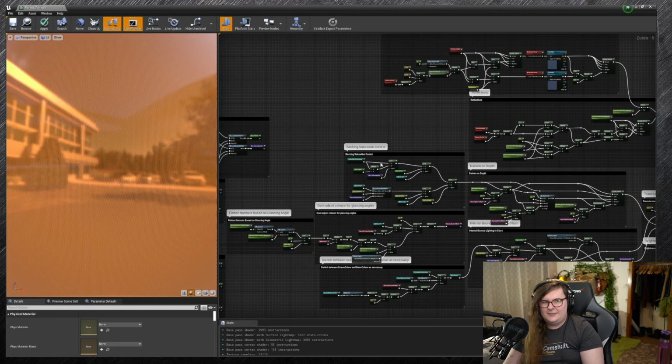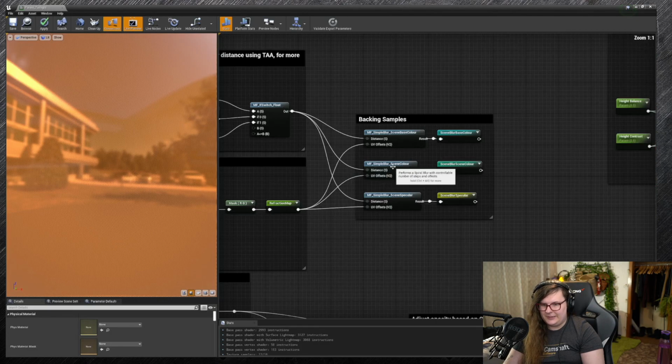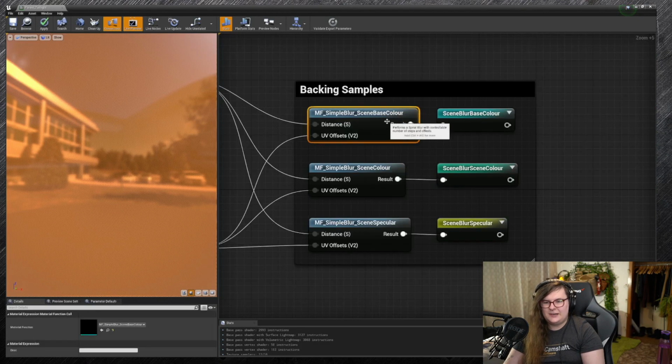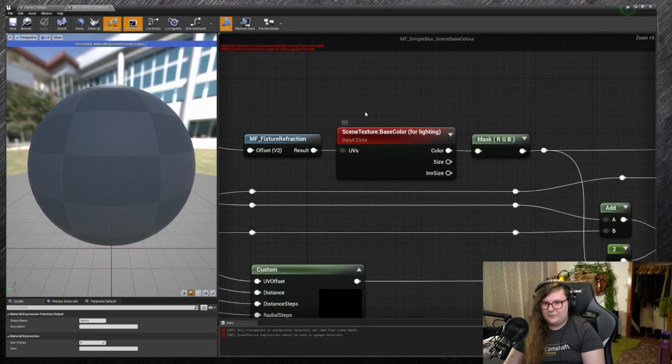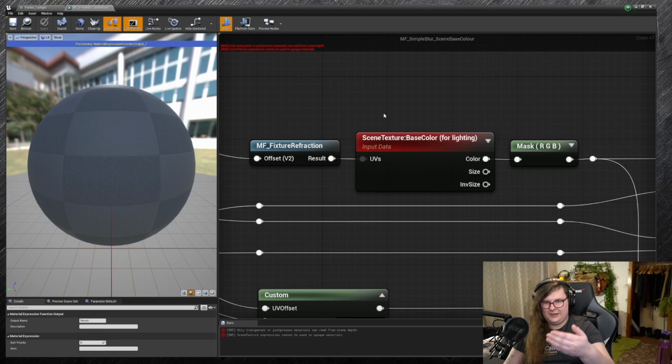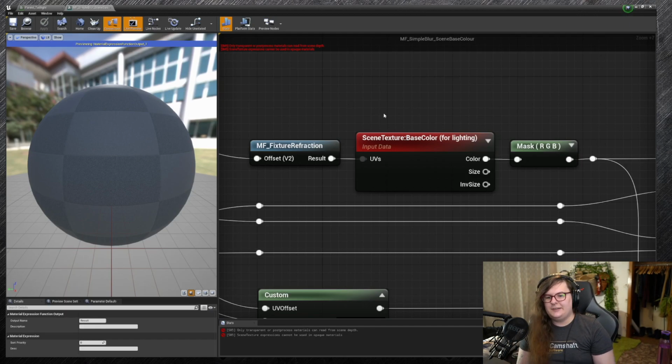The only reason this shader is transparent is because I want to sample some of the G buffers that Unreal creates once it's finished rendering the scene and just before it finishes rendering the transparent objects. It does those in order, but it does them all on top of the base rendering pass. And so by setting this shader to transparent and then giving it a fully opaque value into its opacity,